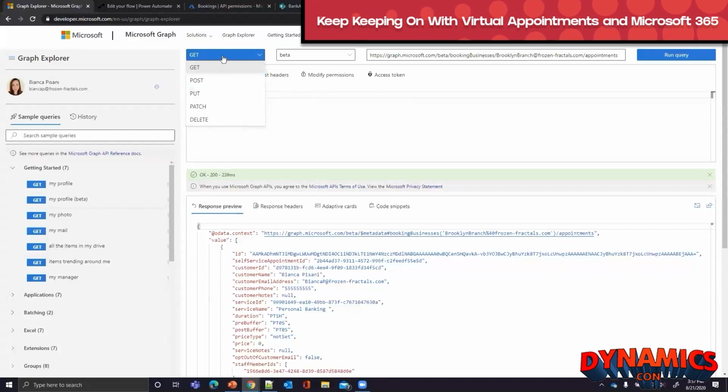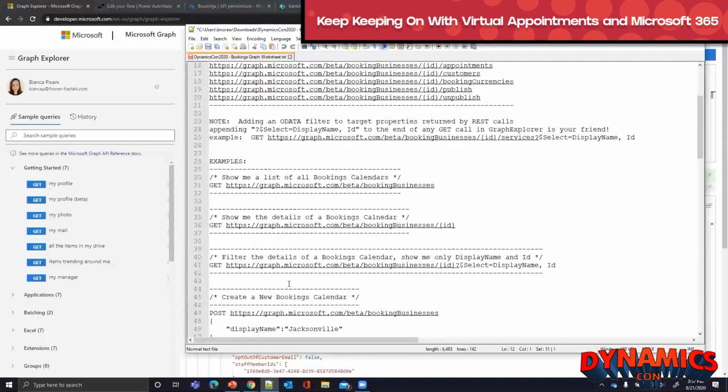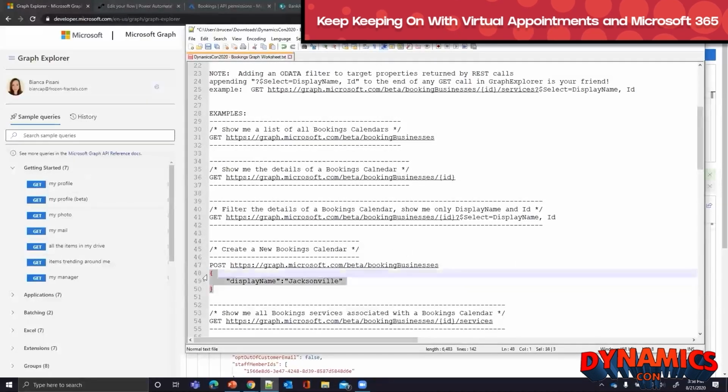And so you can go through, and as you're trying to build these, if we wanted to, as an example, create a brand new calendar, right? But let's do it, instead of through the UX and UI, through Microsoft Graph. So I'm going to change this to post, and I'm going to take off all this extra work we did here. This is our main entry point into the graph. And I'm going to go back to my little cheat sheet here, and scroll down. I've created all these for you. Hopefully they'll be helpful as you get familiar. Let's create a new calendar, but we're going to create it for Jacksonville.